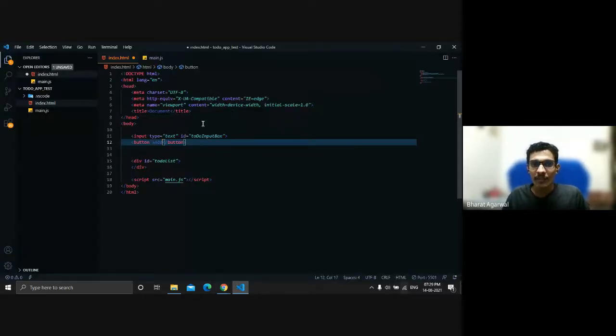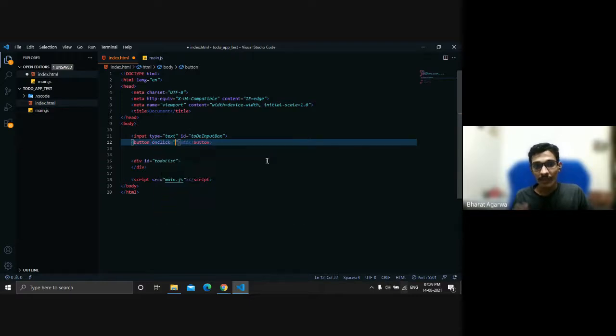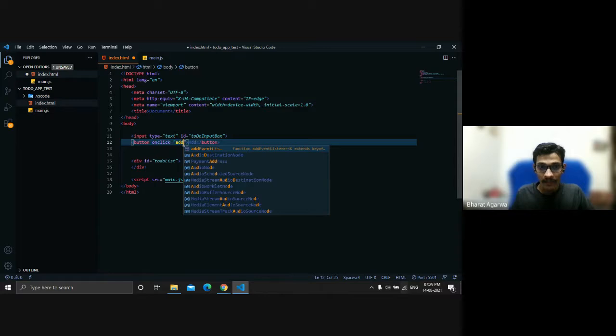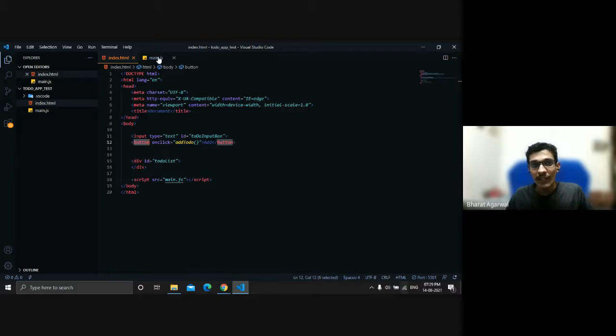But we have another method as well, which is an attribute of a button, onclick. So on click, we can pass the function over here, just like we want to call this function addToDo. So we can just pass addToDo here. It's a function call. Whenever I click on this button, it will invoke this function.